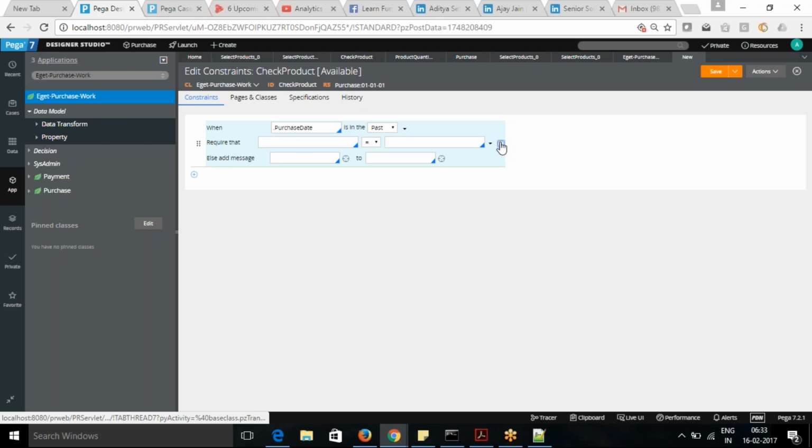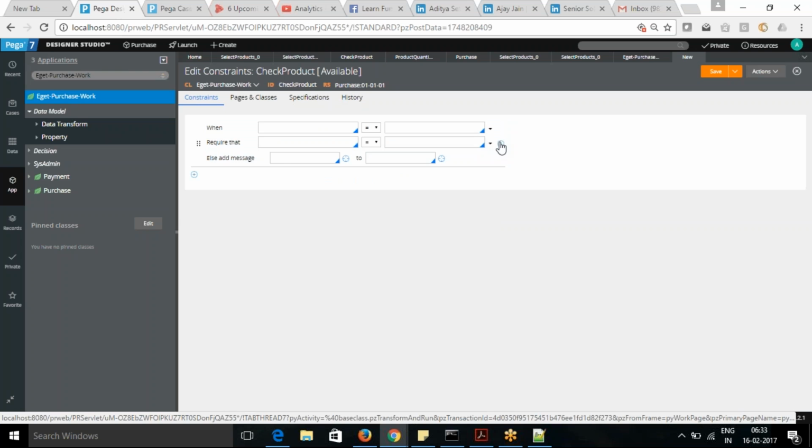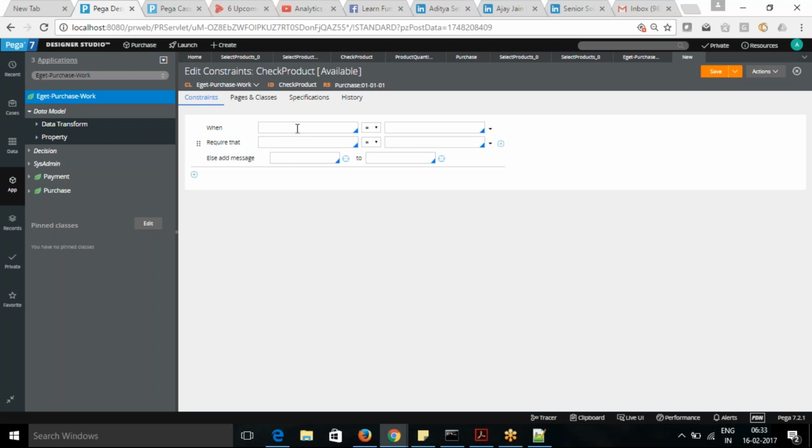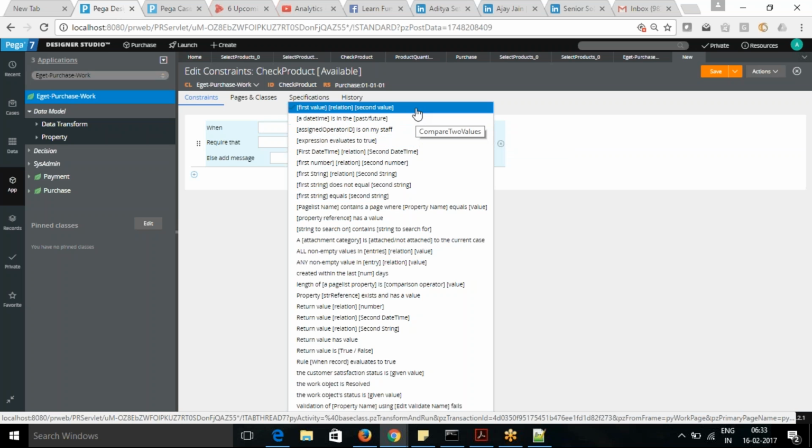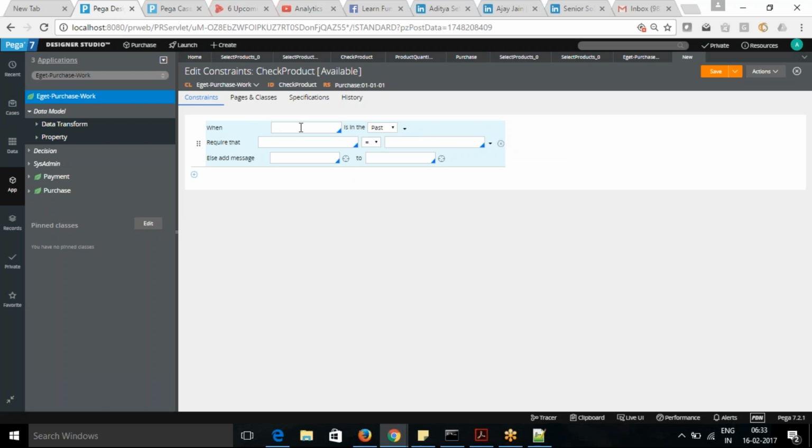Okay. Actually, if you don't want, I can remove the second bit. Oh, sorry, it's simply removing that bit also. So date is in the past and the future. So if the purchase date is in the past, okay. So if it is in the past,